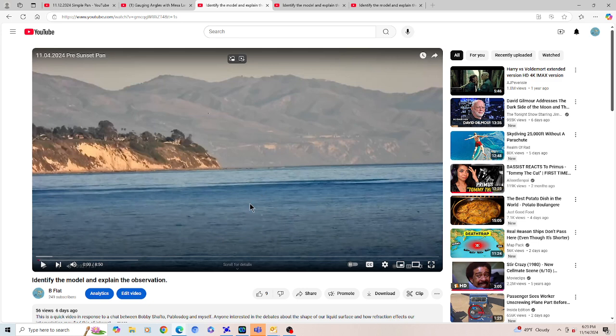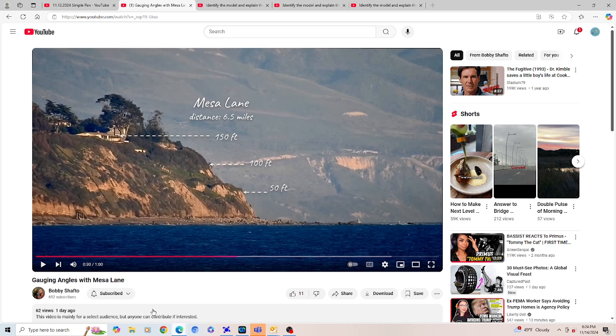So you'd have to stop for a second without trying to gauge angles with Mesa Lane. You can pretty much identify that there's something significantly wrong that needs to be addressed before you start any type of measurement. Because I've been doing this for several years. After someone takes this measurement and convinces you to ignore everything else, ignore the elephant standing in the room, they're